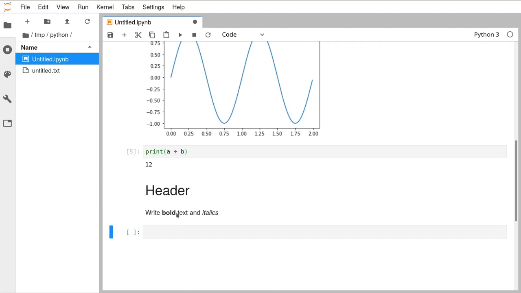And you see it formats it with bold and italics. And so what this allows you to do is to interlace with your code blocks of text which describe what your code is doing. And the real powerful thing about this is it gives you the ability to write a whole report with introduction sections, bits explaining your science or whatever it is that you're doing, intersperse that with the code which is executing your analysis, and take that whole report and compile it to something like a PDF and